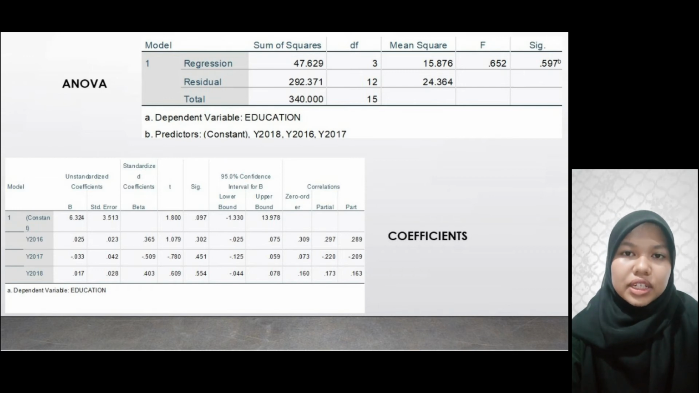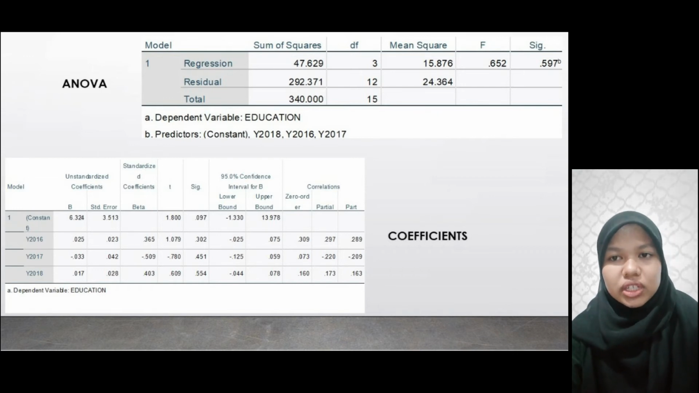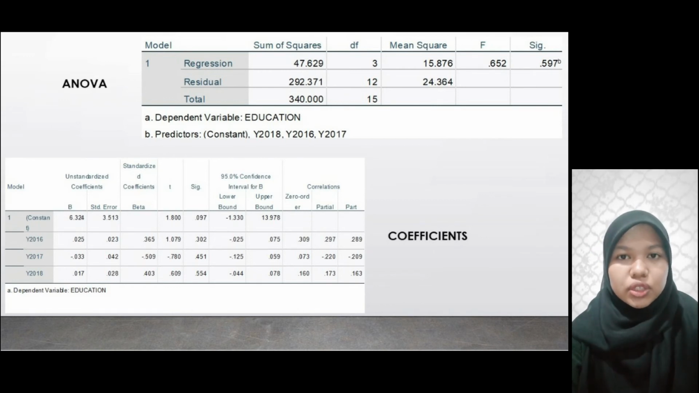For the dependent variable is education. For the predictors are year 2018, year 2016, and year 2017. For the coefficient table, our model and B, we focus on model and B. So first, the constant B